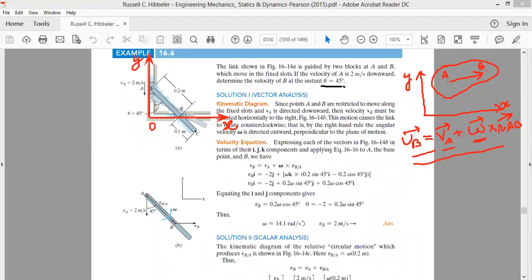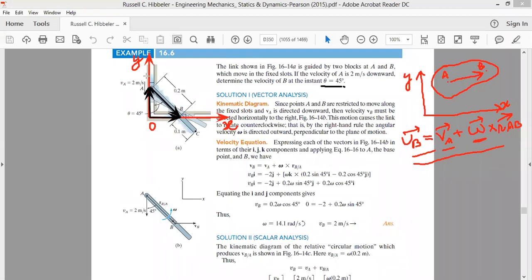Now we have 2 points, point A and point B. We have to find the velocity of point B. So let's draw the vectors. The vectors will be from O to A, and then we draw a vector from A to B. And we also draw a vector from O to B. So if you apply the triangle law of vectors,